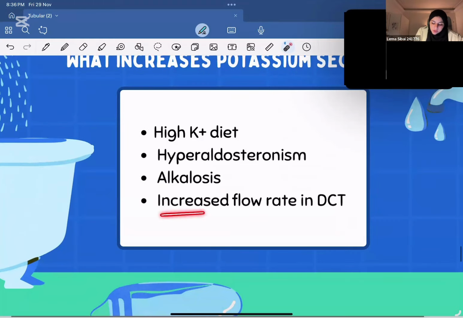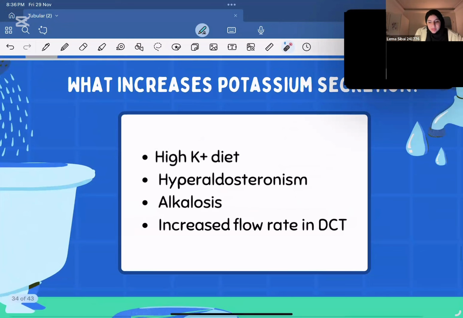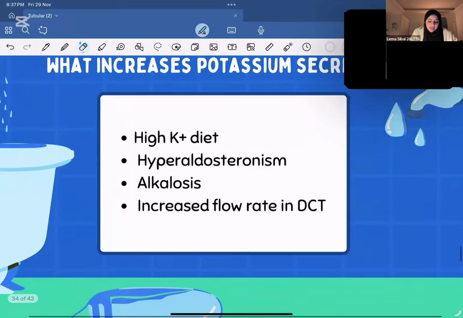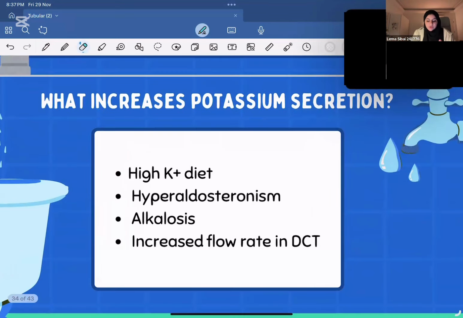And lastly, increased flow in the distal convoluted tubule. If you have an increased, oh no, this is not the same thing. Increased flow in the distal convoluted tubule just means that you have so much plasma running through the distal convoluted tubule so fast and so much that it doesn't get the chance to be reabsorbed back into the blood. All this potassium that's moving at a super fast rate ends up getting excreted. It doesn't get properly reabsorbed. This is why all of these reasons cause an increase in potassium